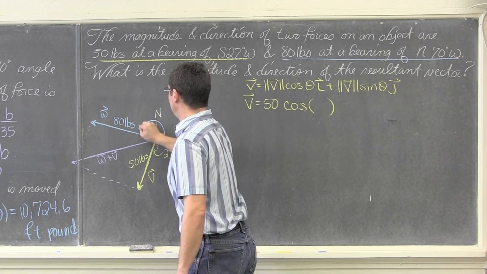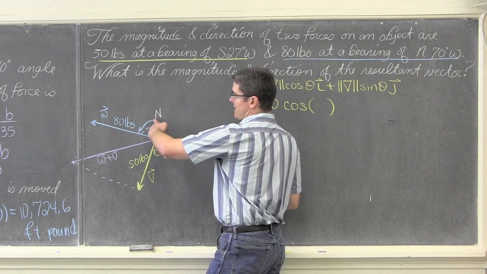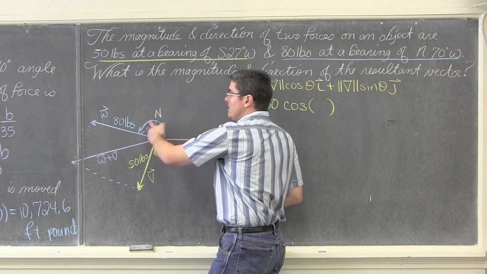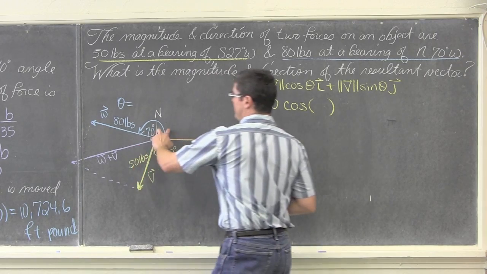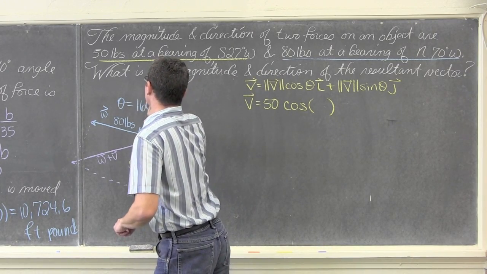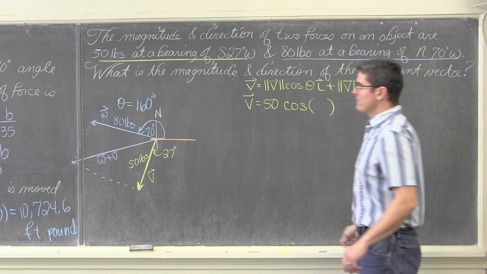For vector W, that rotation starts from here and goes 90 and an additional 70. So the angle for W is going to be equal to 90 plus 60, or 160 degrees. But right now I'm working on V. So vector V,